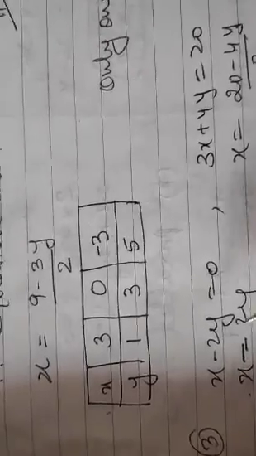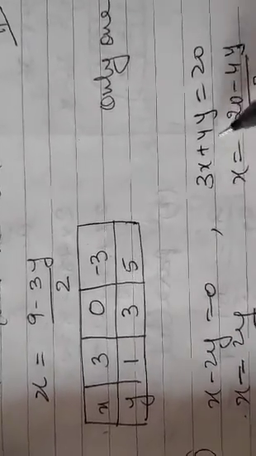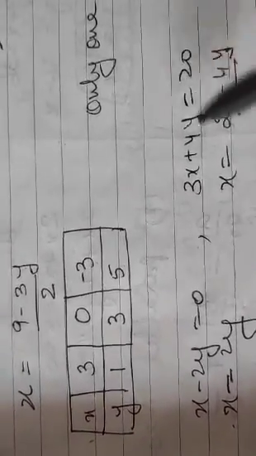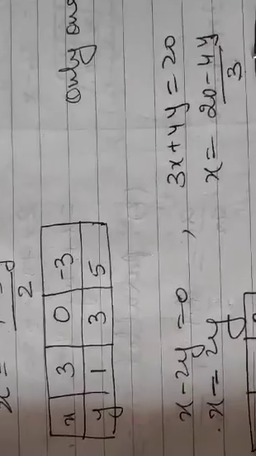So, without drawing the graph, if they ask you, you have to simply find out the relation between A1, A2, B1, B2, C1, C2. Understood? The third type which is there. Let us take up this equation. X minus 2y is 0, 3x plus 4y is 20. Here x form will be 2y and here x form will be 20 minus 4y whole upon 3.